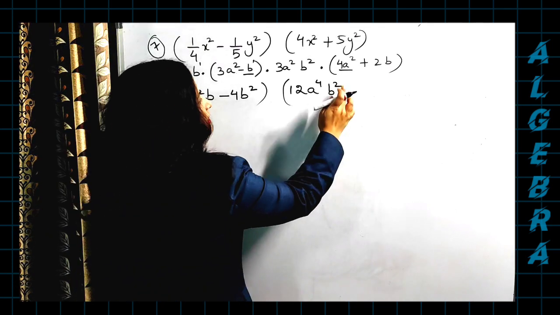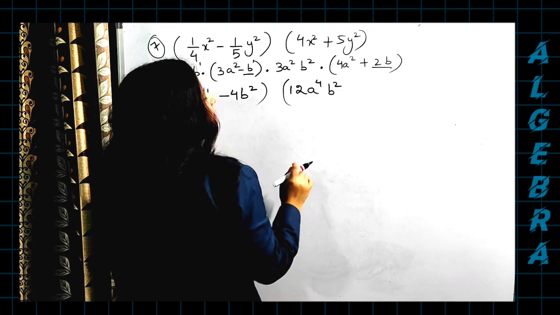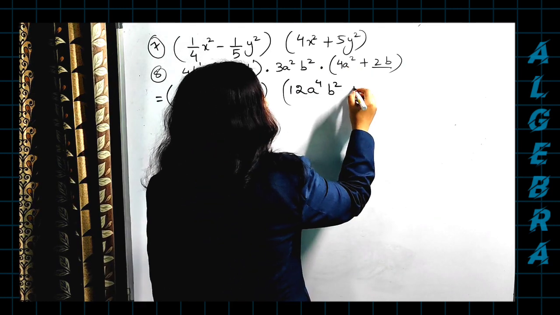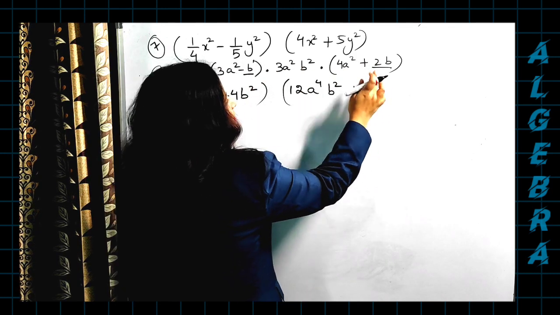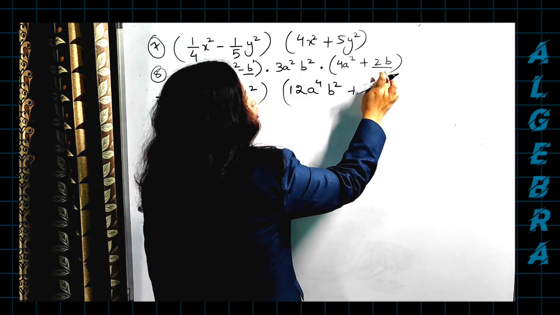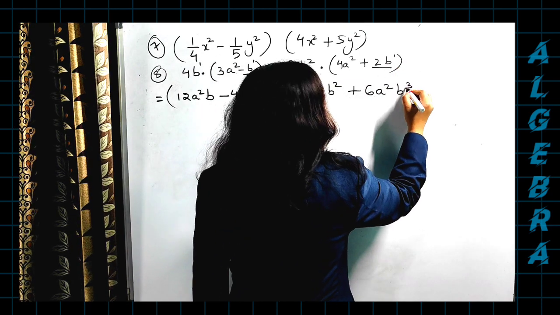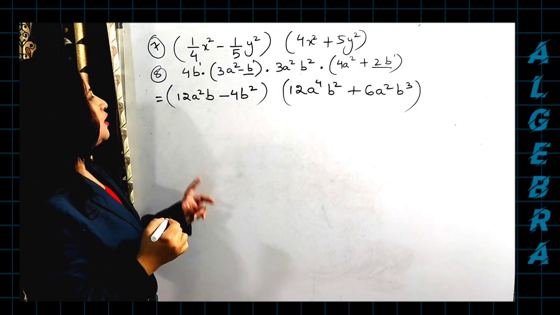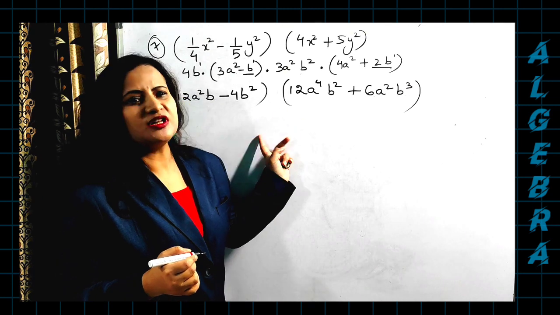Clear? Now this part you have already multiplied. Now multiply the same with 2b. Both are plus plus, so write plus only. 3 2s are 6. A square is here, but here there is no a, so a square will remain a square. Here b square and here one more b, what is the power? 1. So b to the power of 3. Okay? Clear? Now you have got two binomials.